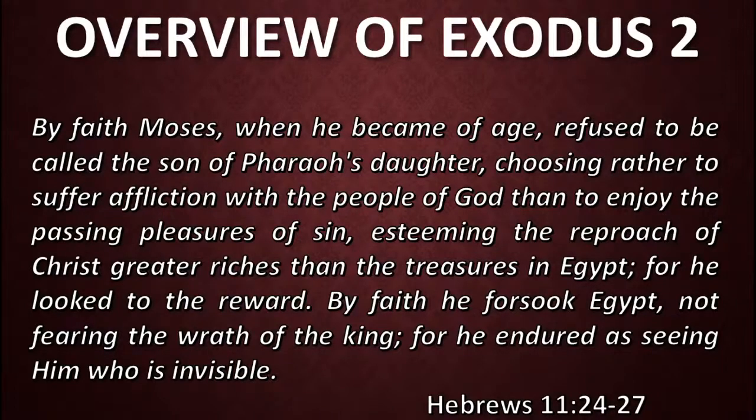Before we go there, let me look at Hebrews chapter 11. I got my passages mixed up where I wanted to go. In Hebrews chapter 11, it tells us this. By faith, Moses, when he became of age, refused to be called the son of Pharaoh's daughter, choosing rather to suffer affliction with the people of God than to enjoy the passing pleasures of sin, esteeming the reproach of Christ greater riches than the treasures in Egypt. For he looked to the reward. By faith he forsook Egypt, not fearing the wrath of the king, for he endured as seeing him who is